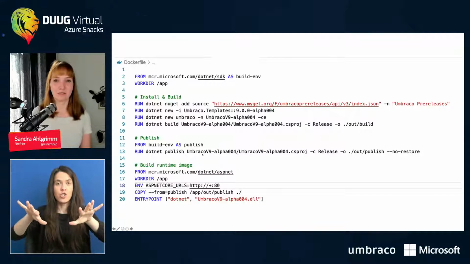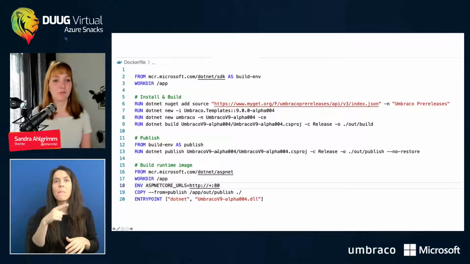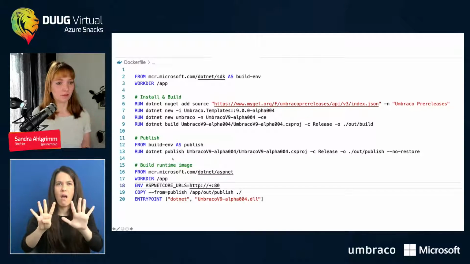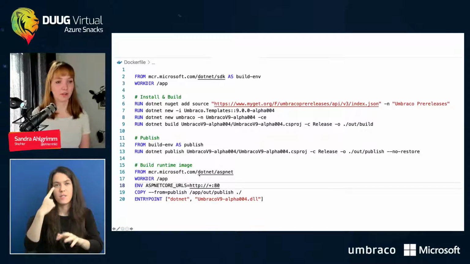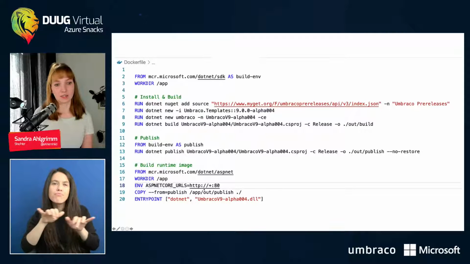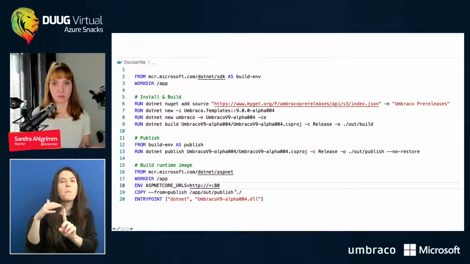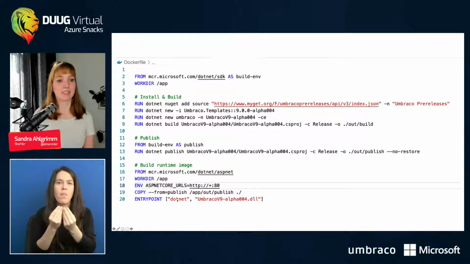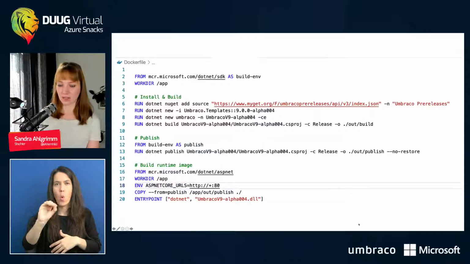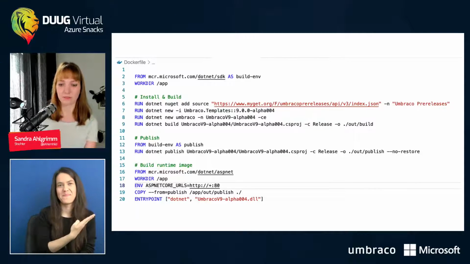And here we are using the very, very new Umbraco v9 for it. And for the runtime image, I would just use the ASP.NET environment, set my work dir and the environment variables, and then copy everything which is in the publish folder, as it is needed. And my entry point here is dotnet Umbraco v9 alpha DLL. So, I hope we can live demo this.